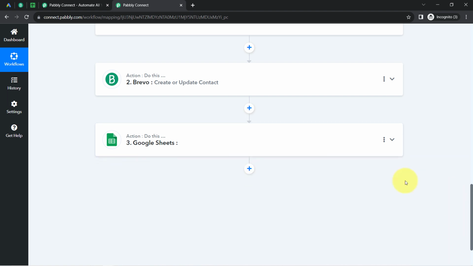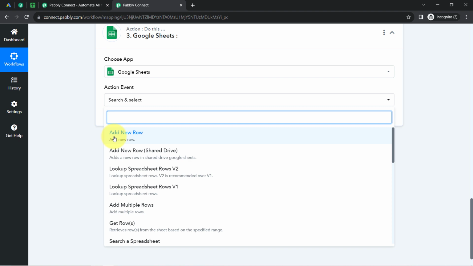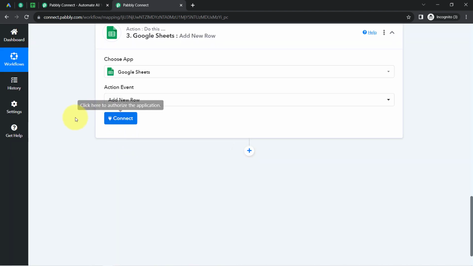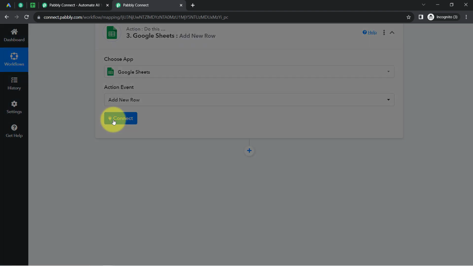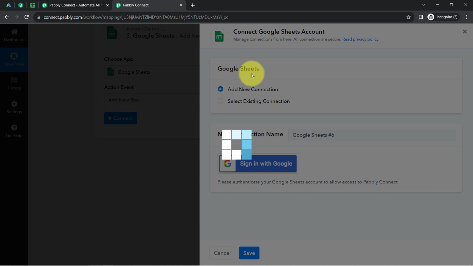Okay, so the application is already selected. Now I will select the action event, that is add a new row, because firstly a new row will be added and in that new row the data will be updated automatically. Okay, so clicking on this connect button, clicking on add a new connection,